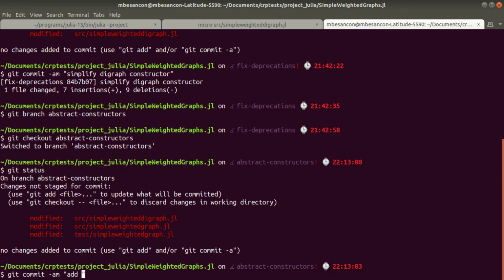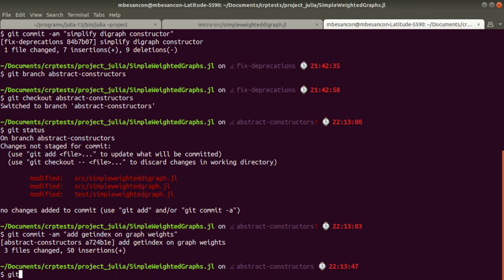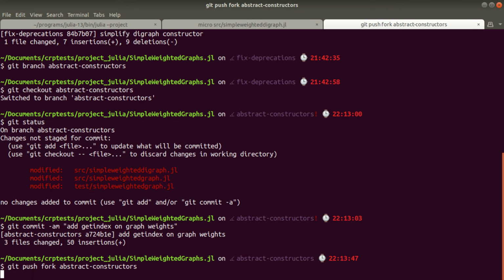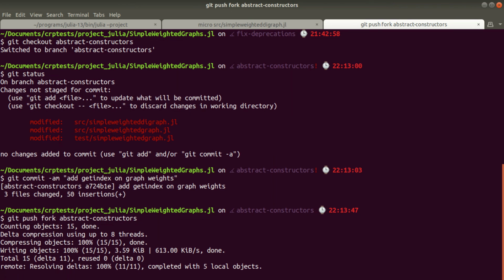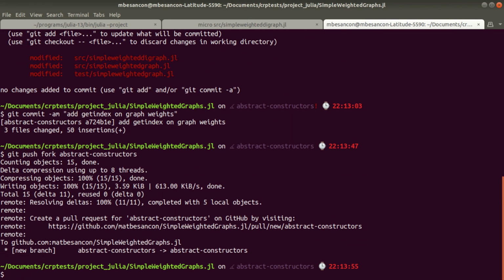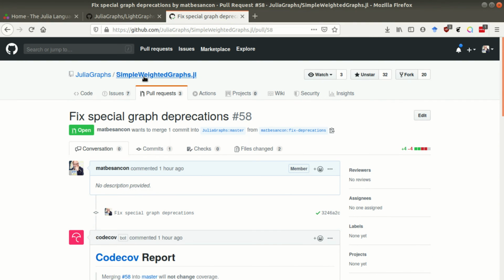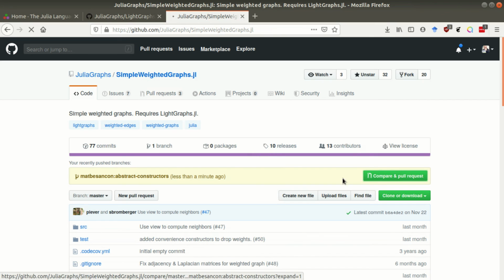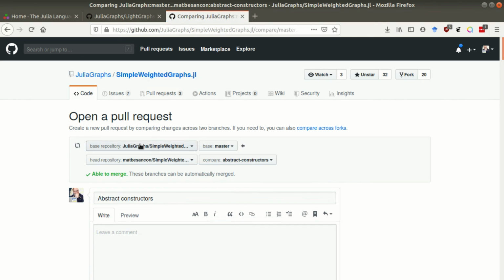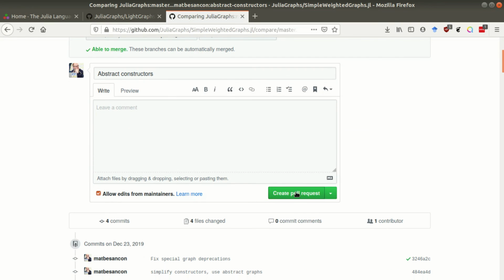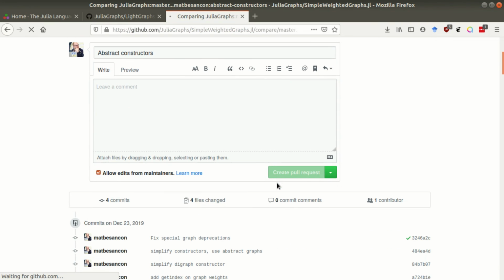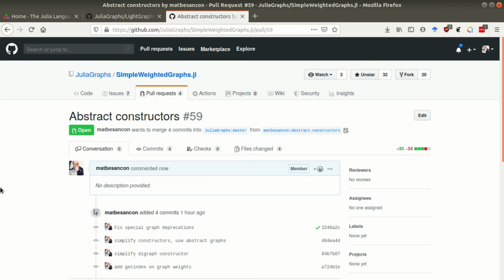And get index on graph weights fork abstract constructor. Okay. So I guess I'll do the PR now, but afterwards this is gonna be it. Yeah, let's get this done. Yep, sounds alright. Yeah, maybe I should add a description. Okay,